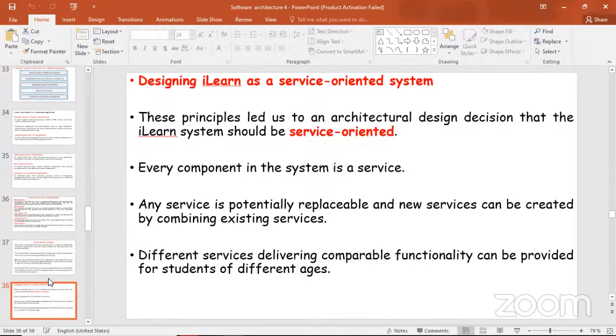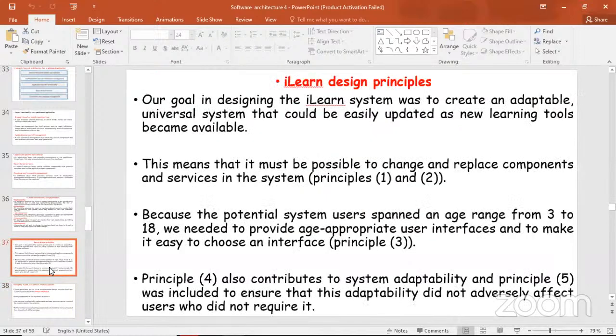Where are we? So principle 4 also contributes to system adaptability, and principle 5 was included to ensure that this adaptability did not adversely affect users who did not require it. All right, so